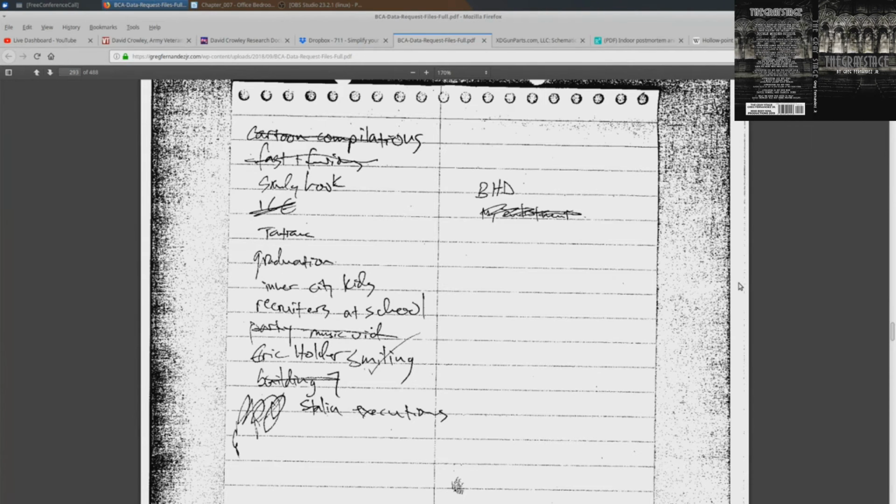So you have the cartoon compilations, and that's crossed out. Fast and Furious, and that's crossed out. Now, there could be two different Fast and Furious. Obviously, it could be the Fast and Furious movies. I don't think that that's true. I think it's more related to Fast and Furious, which was a gun smuggling thing that the people under Barack Obama got caught doing. So it's really important to research Holder? Fast and Furious. Yes, thank you. Eric Holder, that's right.